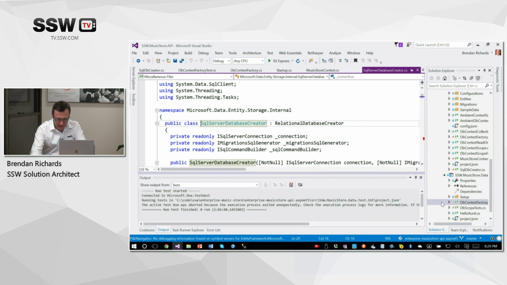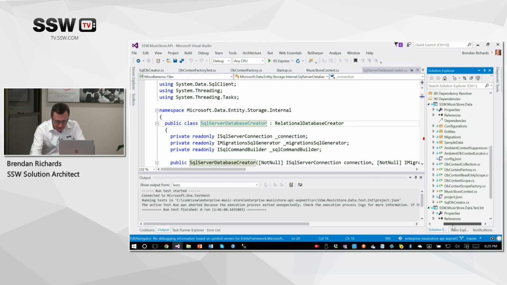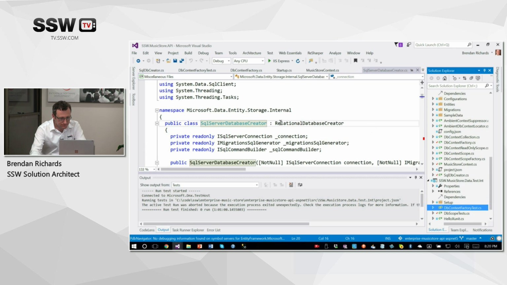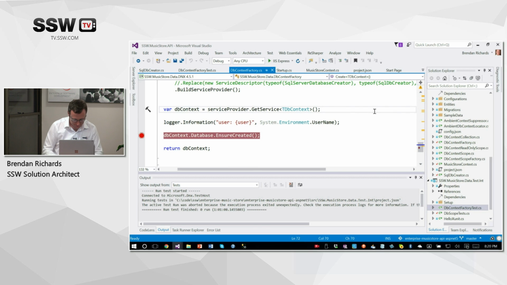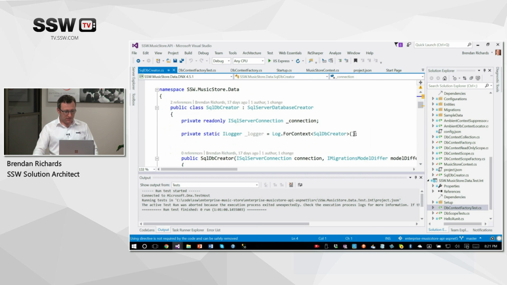So going back to here, I created my own subclass, so I just overrode that class. One thing that's clear is all over the Entity Framework code, they're not using internal too much.